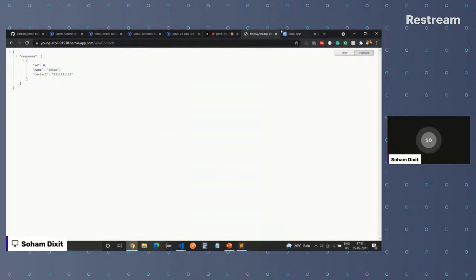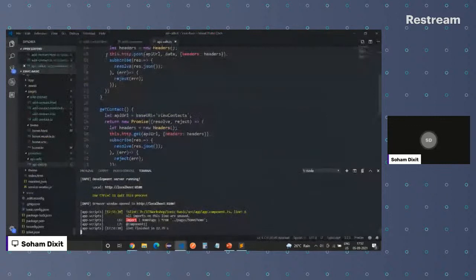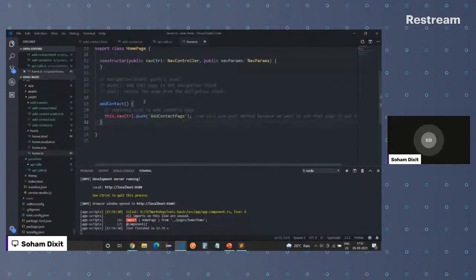Whatever response we are having over here, we discussed at the start that we are going to list it out over here. So let's do that. For that, our backend thing is done. Sorry, the service thing is done. We have created this function for that, get contact. We just have to now call this function from our home screen. That's it. Once we are done with that, we are good to go. So we'll have one more function which will be called once the application loads.